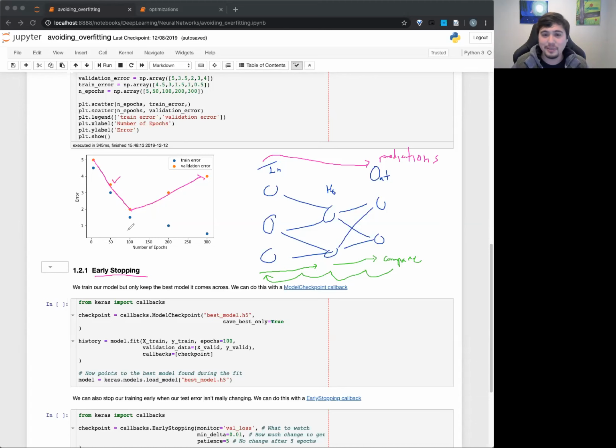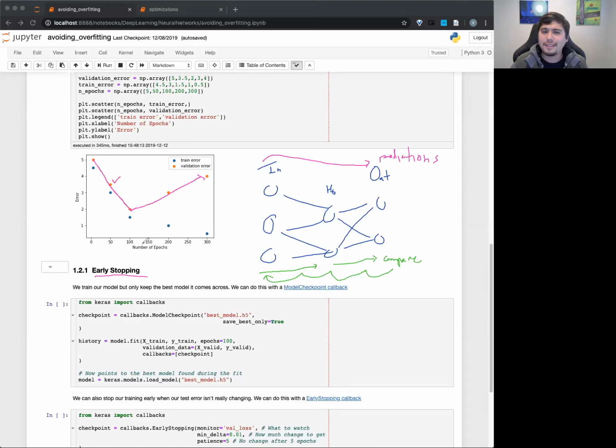So I think no. Early stopping was basically, this is where I think the curriculum is something a little bit different. The curriculum says, okay, clearly we were overfitting at this point. We're making it too complicated. So we need to stop at the 100th epoch, right? Instead of going all the way to 300 epochs. So one way you can do this, the curriculum says, all right, we know it's 100, let's retrain it, but we'll stop at 100.